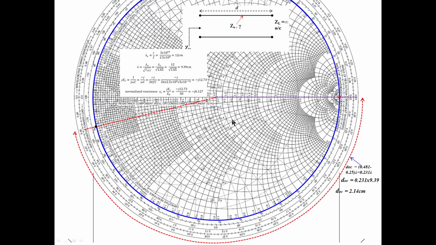Now we will see how to use this in our networks: capacitor and inductor using transmission lines. They are also called distributed capacitors and inductors, because we cannot see lumped values here. They are distributed over these lines. It will look like a transmission line; it doesn't look like a capacitor or an inductor, just a piece of transmission line. So they are called distributed capacitors and inductors instead of lumped inductors and capacitors.